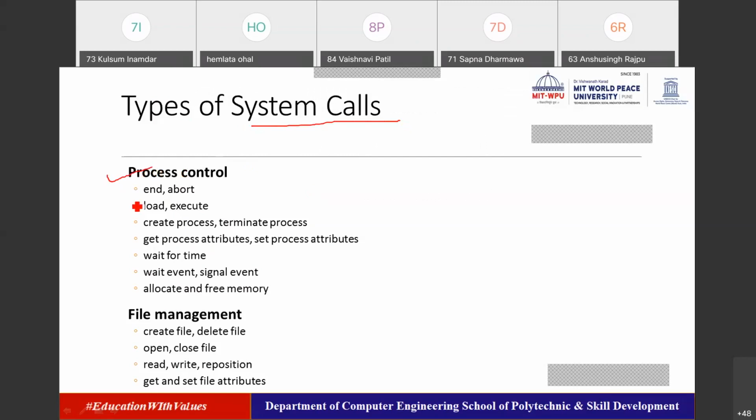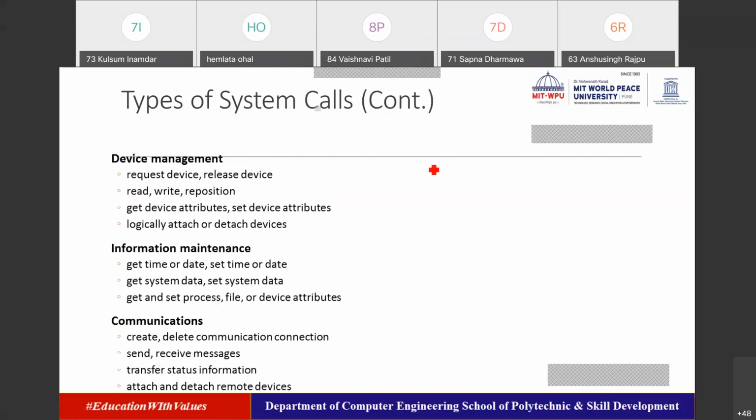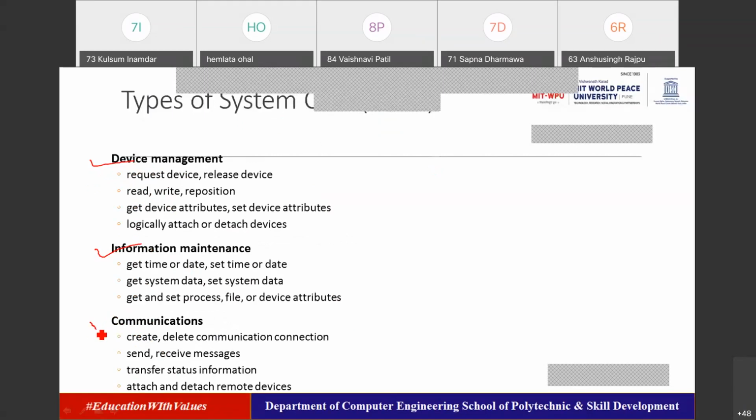These are all the system calls under process control, related to controlling a particular process. Here are the system calls related to file management, system calls related to device management, system calls related to information maintenance, and system calls related to communication. All these are listed very well, and all these system call names are generic names, right? Generic name stands for